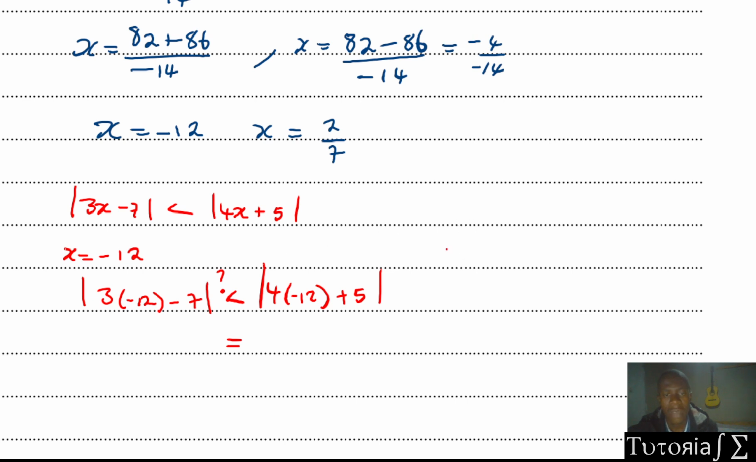Same thing if x is equal to 2 over 7. And you replace in this inequality, that would be 3 open brackets 2 over 7 minus 7. Is this less than 4 times 2 over 7 plus 5? Okay, again, when you simplify these, you find that they are equal. So meaning that